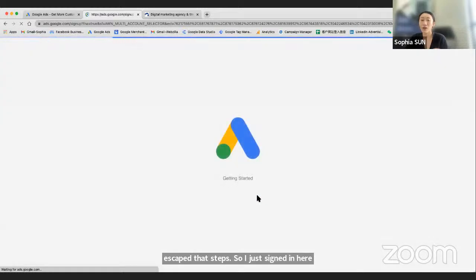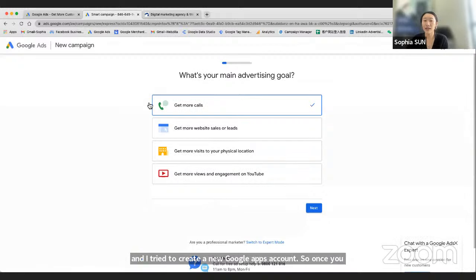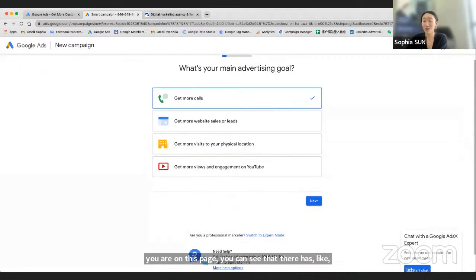Create a new Google Ads account. Once you are on this page, you can see there is something interesting here: Google tries to set you up to make your own ads, because they know that their ads platform is a little confusing. However, based on our experience, it is not recommended to set up ads in this way, because if you